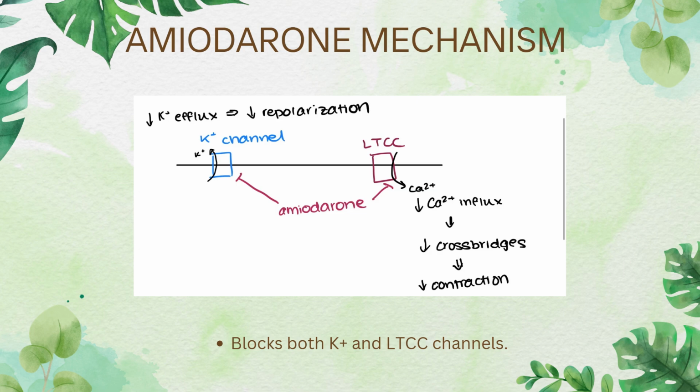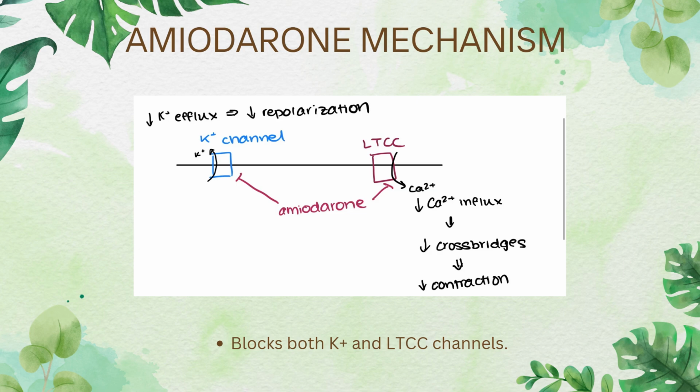And now the negative chronotropic effect is caused due to the potassium channel blockage. So again, since potassium won't be leaving, the refractory period will be longer, and that means that the firing of the action potentials will also be longer. And a slower rate of action potentials being fired means that the heart rate is essentially going to be beating